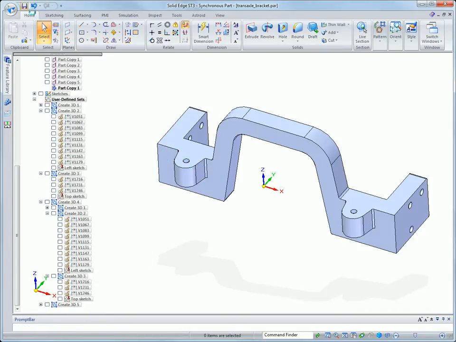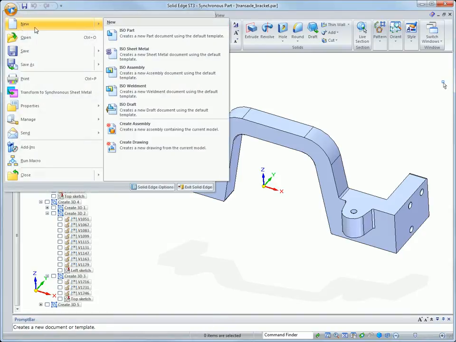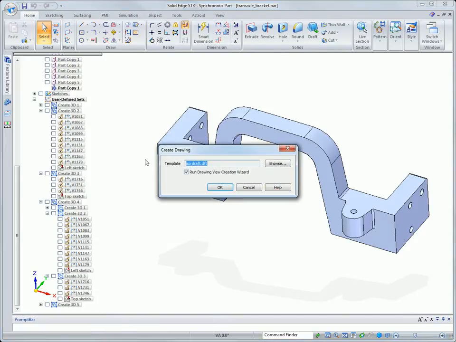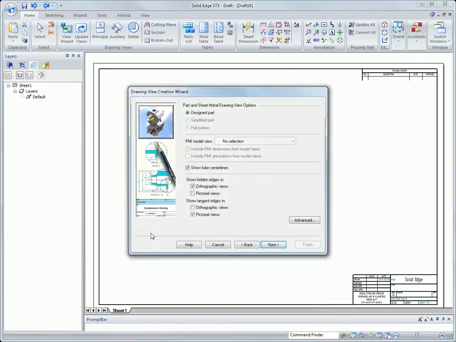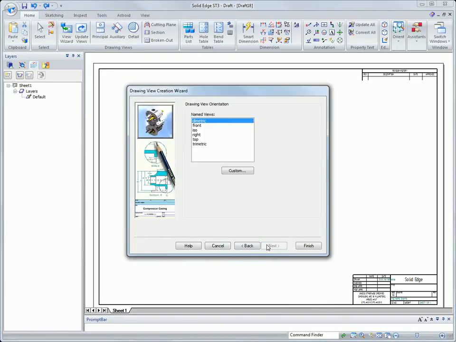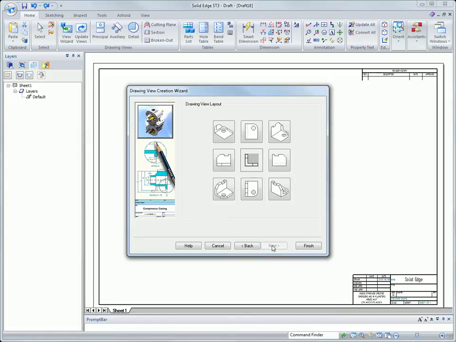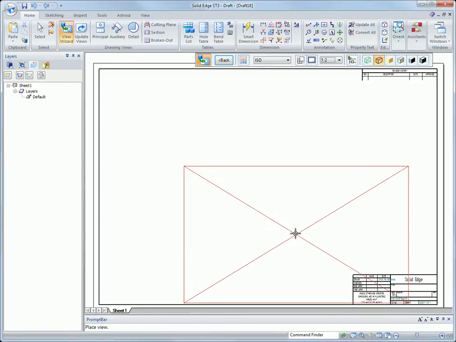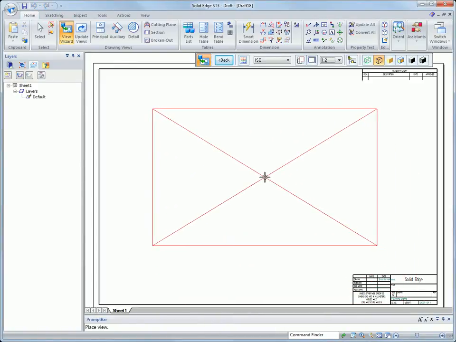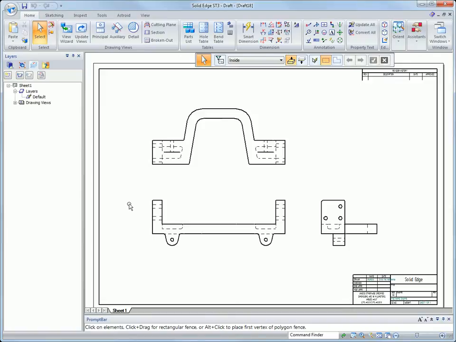Next thing I want to show is that we can create a drawing again from this 3D model using those manufacturing dimensions. So we're just going to run our drawing view wizard. This is going to allow us to specify the views that we want placed on the draft view, in this case the top view, the front, and the side view. It automatically scales the drawing or the model to fit the